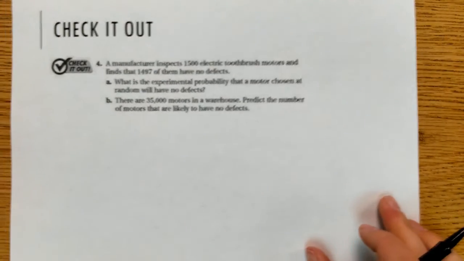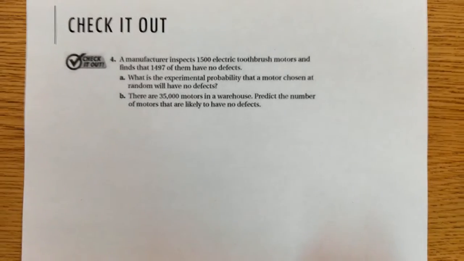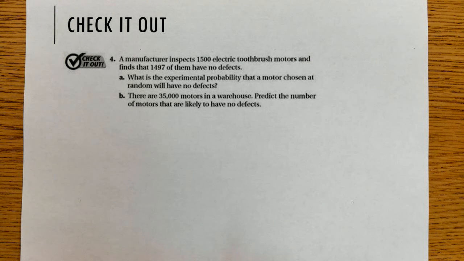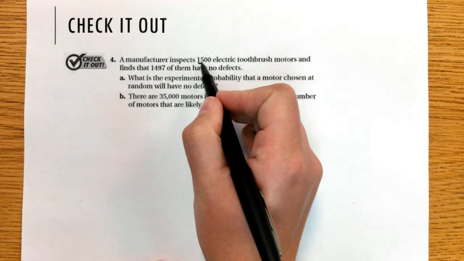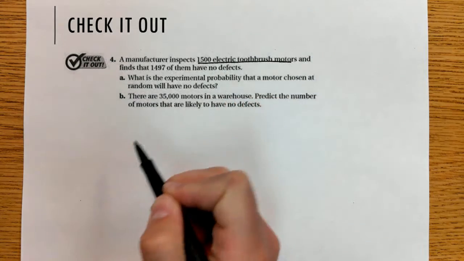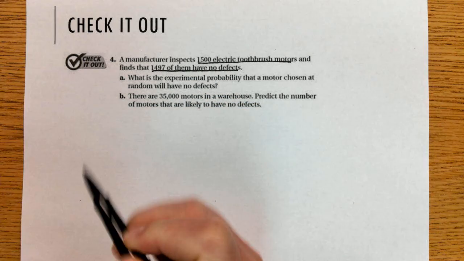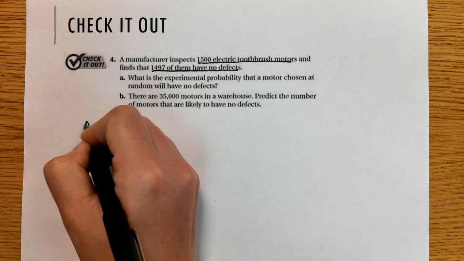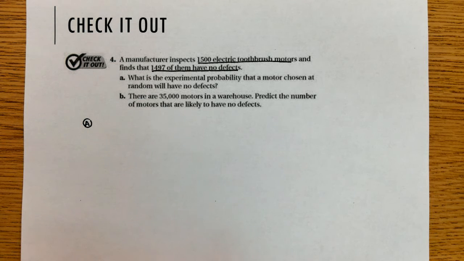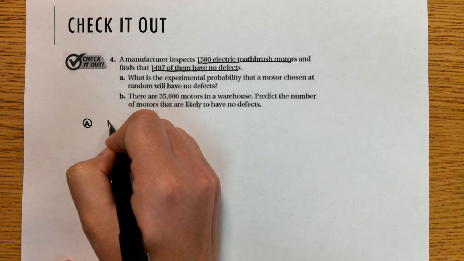Now there is a check it out problem for you to do. So go ahead, take a moment, pause the video, and then resume when you're ready to check your answer. So it says a manufacturer inspects 1,500 electric toothbrush motors and finds that 1,497 of them have no defects. So for part A, it says what is the experimental probability that a motor chosen at random would have no defects. So we're going to do no defects